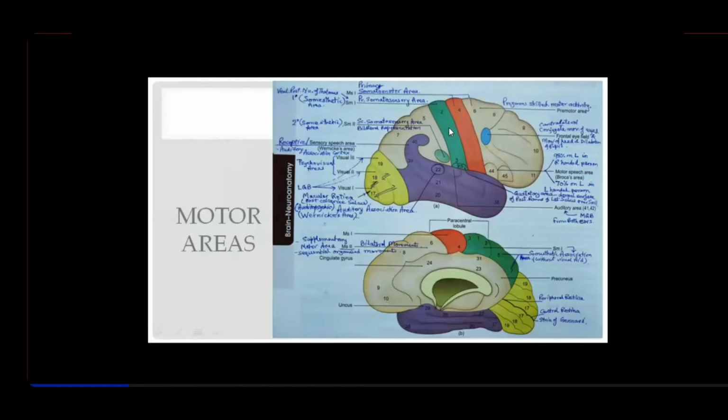Anterior to this is the motor functional area, and posterior to that is the sensory cortex. Then, this functional area has 6 layers, right? While I was teaching you the cerebellum, I told you that the cerebellum has only 3 layers: the molecular layer, Purkinje layer, and then the granular layer. That was evenly spread throughout the entire cerebellum.